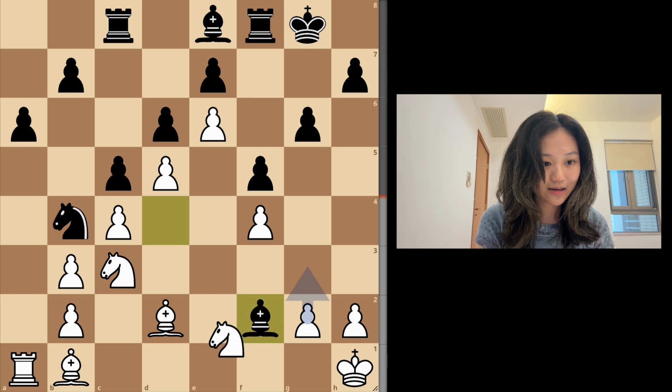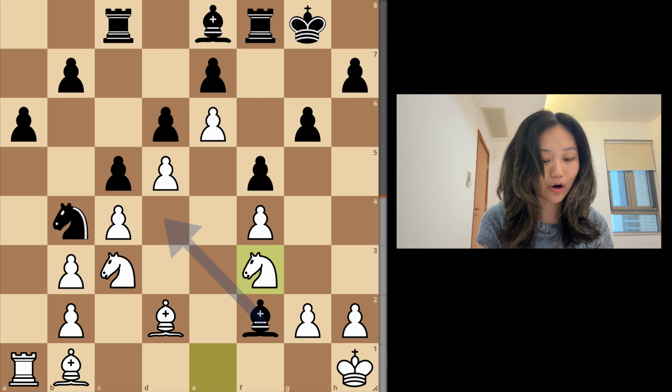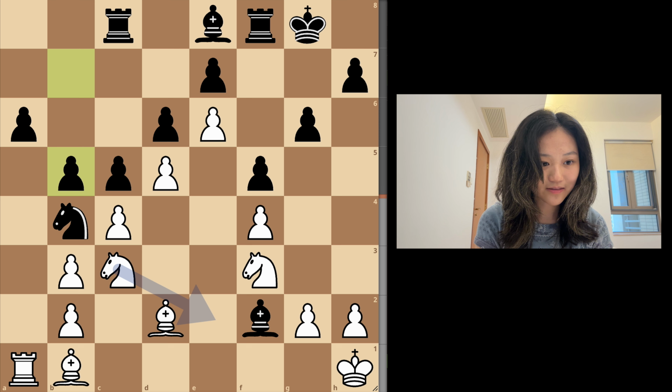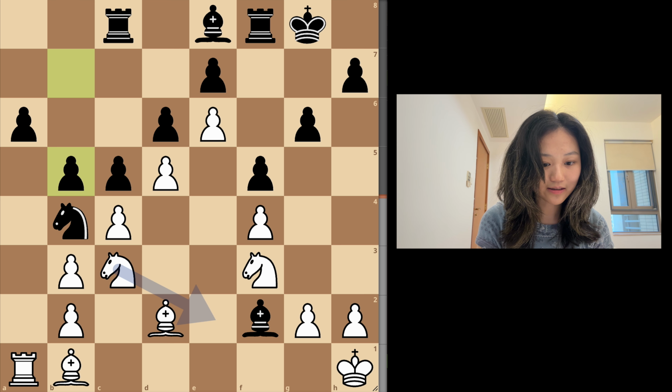I went knight f3, this was the best move and pretty much the only move that still equalizes here, which is kind of fascinating how I'm down an exchange, but it's still 0-0. My opponent went b5. This is apparently also the best move, but here I was able to find a key